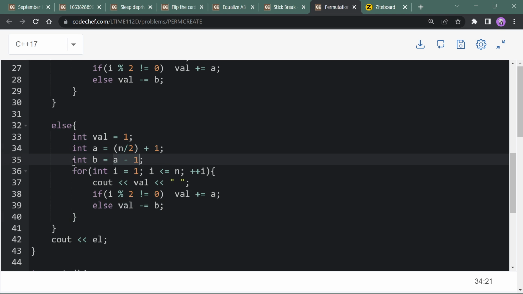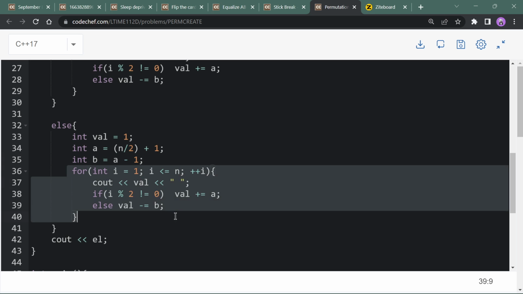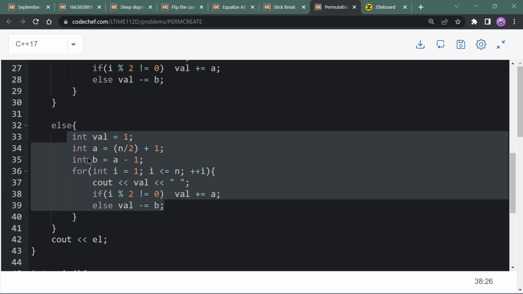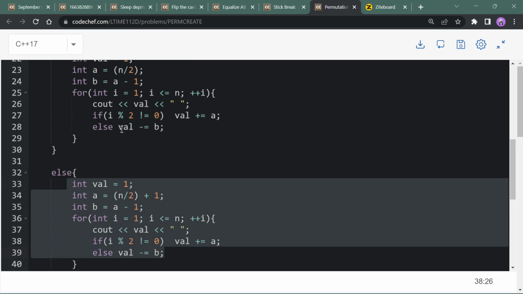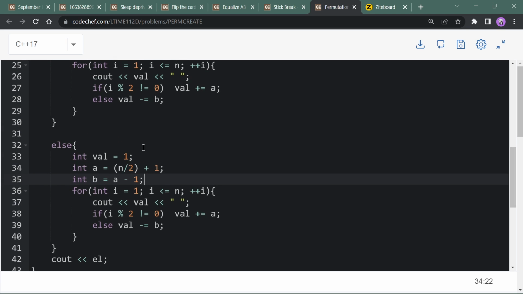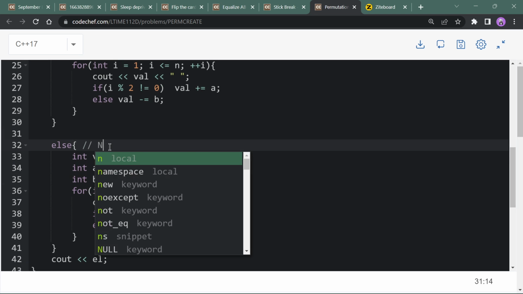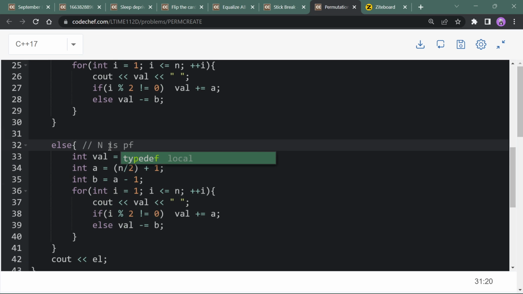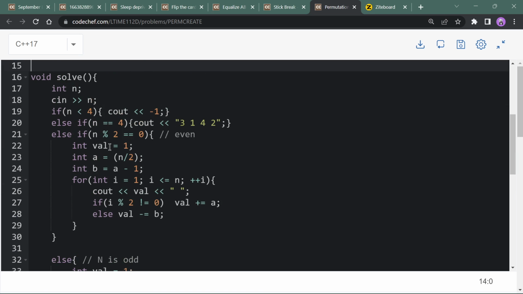You can also do it in the same loop without doing this two times. You can print the half sequence using i equal to 1 to n, incrementing i by 2, so incrementing it two at a time. Okay, you can do so. This is for if n is odd and